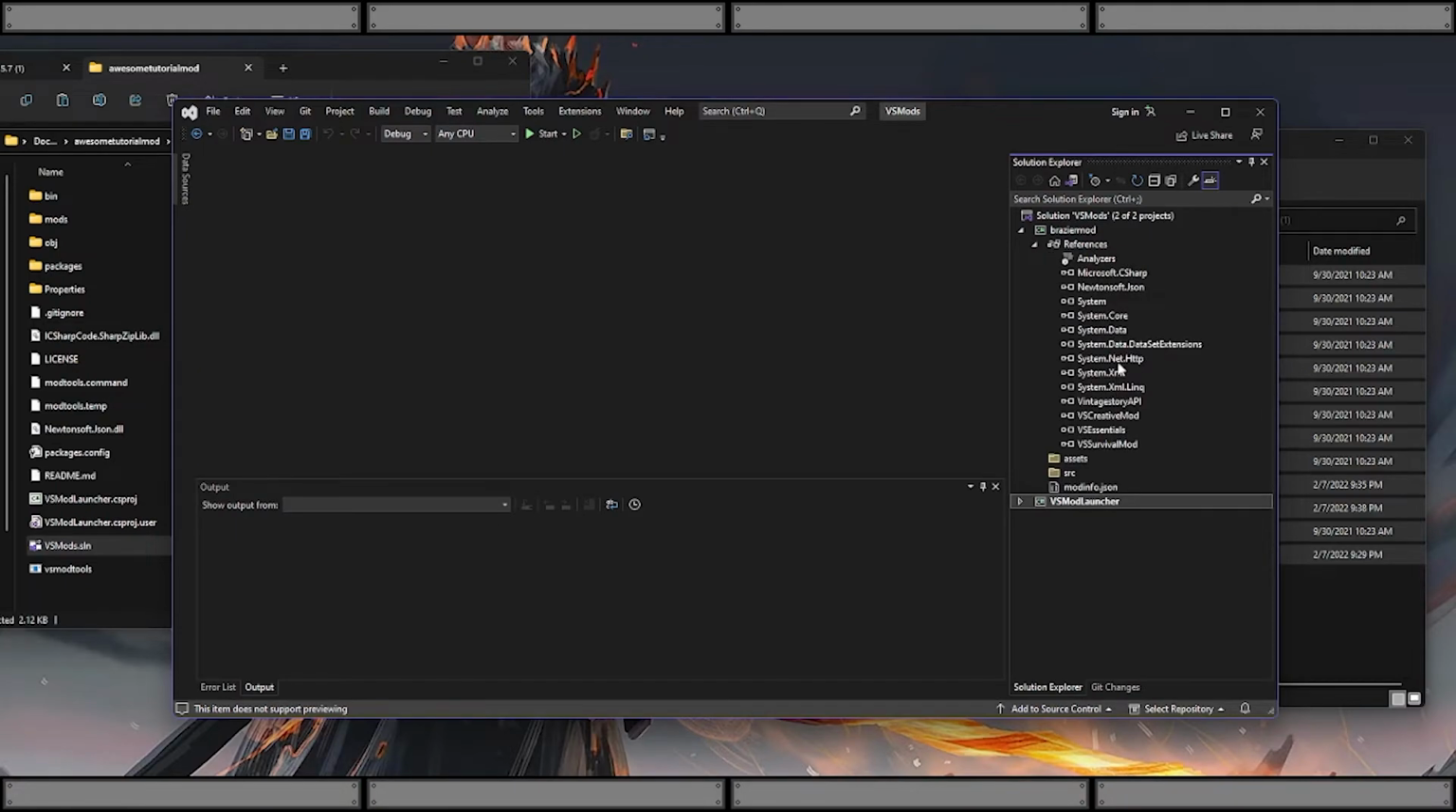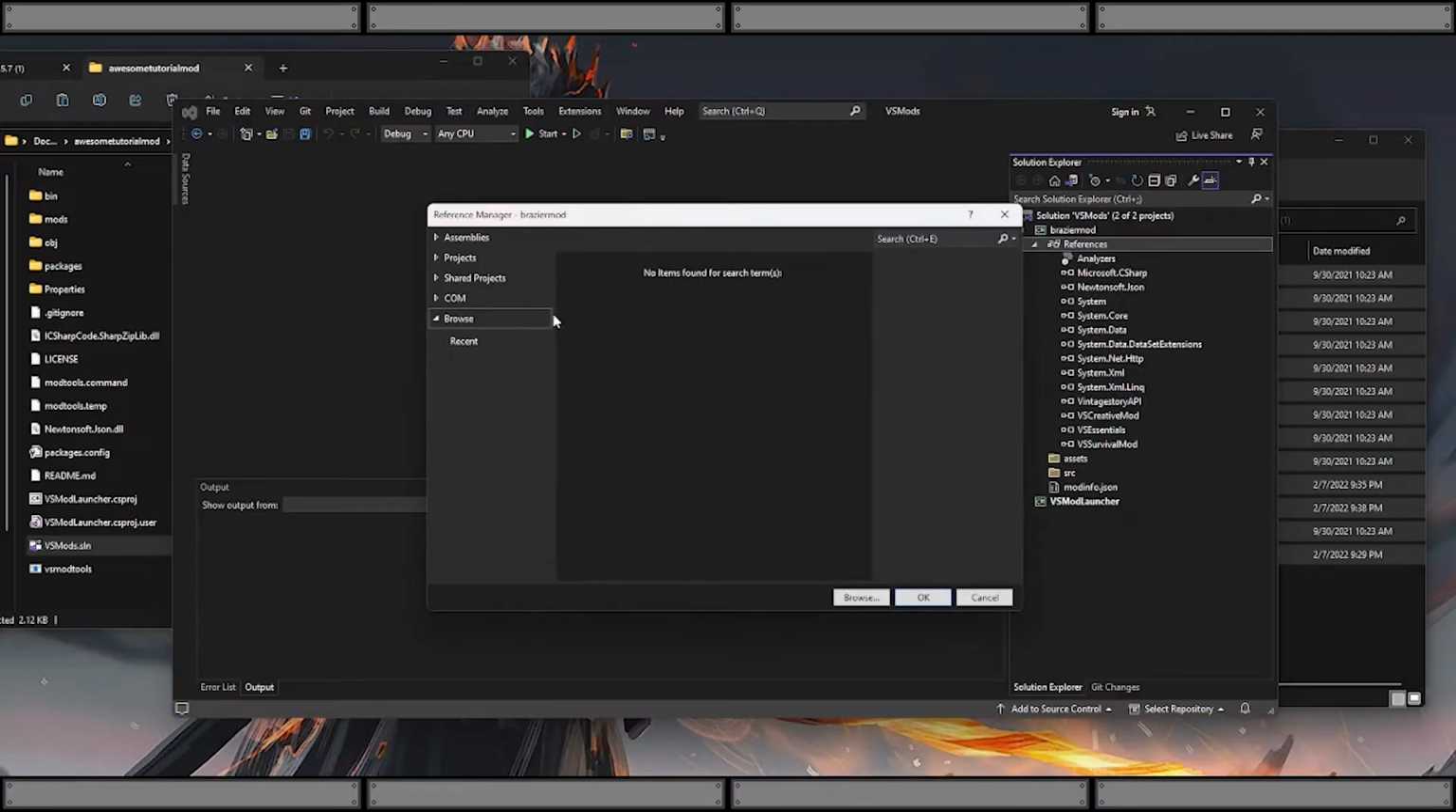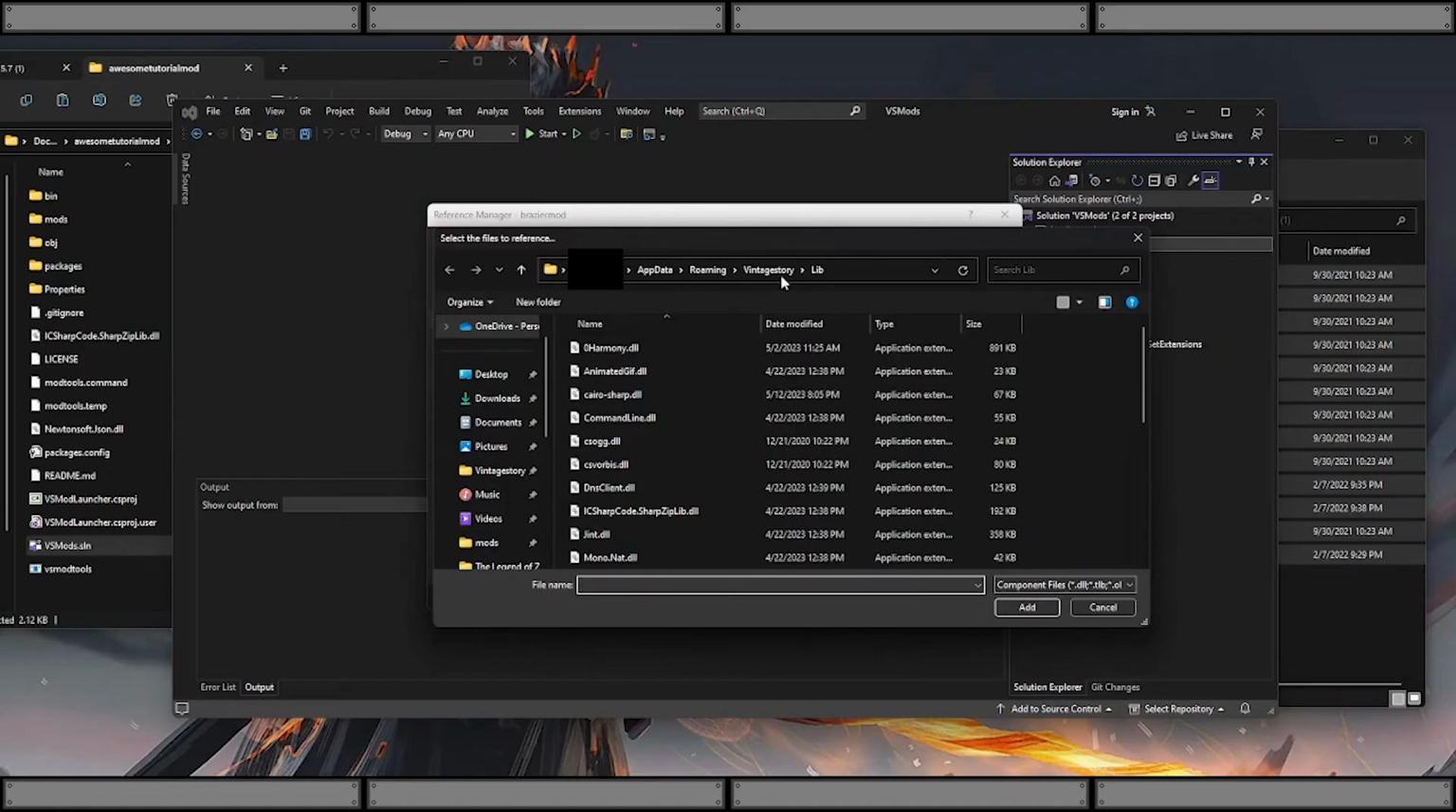You can see here that some things should be familiar: Vintage Story API, and then we have our creative mode, survival mode, and the essentials, the 3 mods from the dnSpy should be familiar to you. We want to add more references, so right-click on References, click Add Reference. We are going to browse, and you want to go to your roaming Vintage Story library,